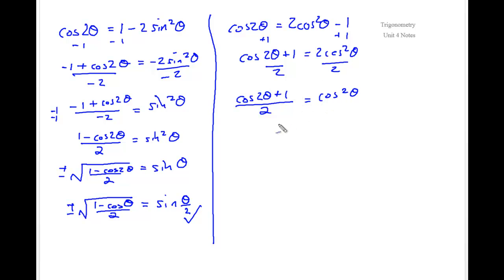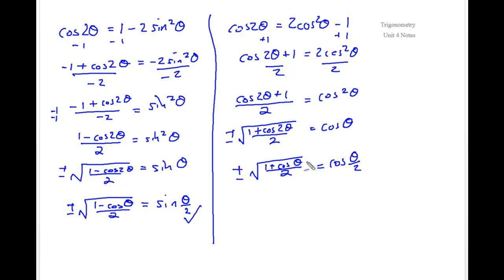So now I take the square root of both sides. So this is plus or minus the square root. And most books will rewrite this so it looks a little similar to the one on the left-hand side here. So this is 1 plus cosine of 2 theta divided by 2 equals cosine of theta. Now again, we're going to find our half angle formula. So we're going to take cosine of theta over 2 and change this to theta divided by 2, and 2 theta divided by 2 is just theta. So this is our half angle formula